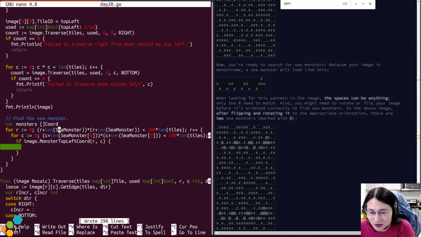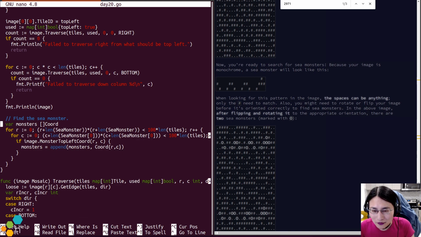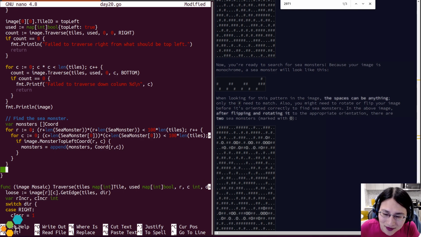Okay, so we're making a list of monsters that we find. Chord RC. And if we don't find any sea monsters, then we know we need to rotate or flip the entire thing. Okay.